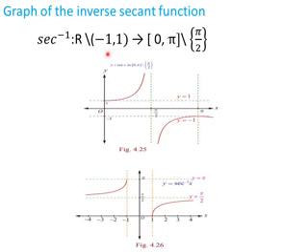So the curve does not exist in between minus 1 and plus 1. Okay. So you see here this line is x equal to minus 1 and this line is x equal to 1. And the curve does not exist in between minus 1 and plus 1. Now when we replace x as minus 1, minus 1 and plus 1 will be in the domain. When I replace x by minus 1, what I will get? Y equal to secant inverse of minus 1. So secant inverse of minus 1 means when there is negative value for secant inverse, you have to write it as pi minus theta. So pi minus secant inverse 1 you will get. That is equal to pi minus 0.